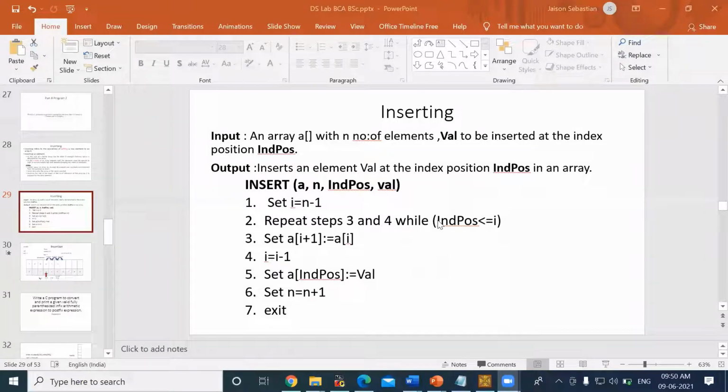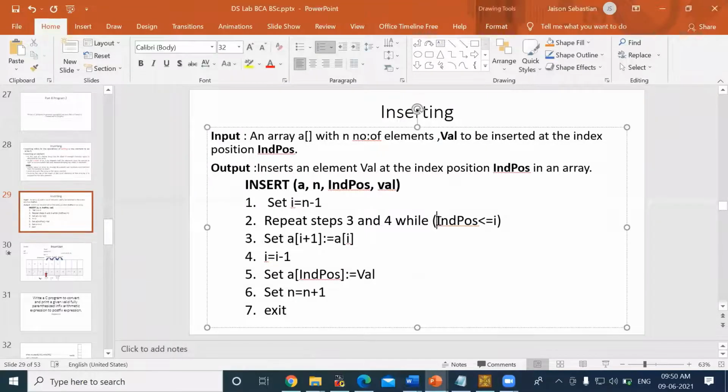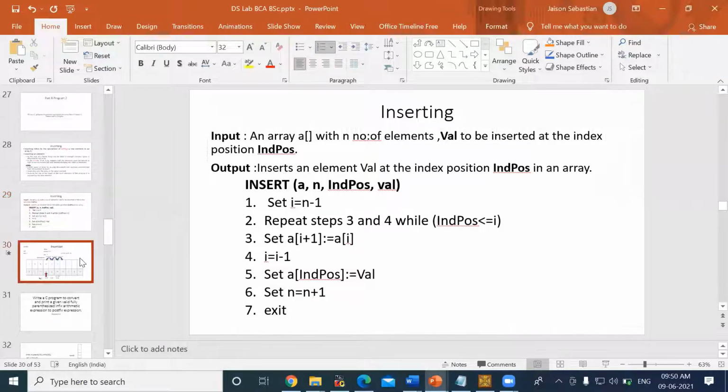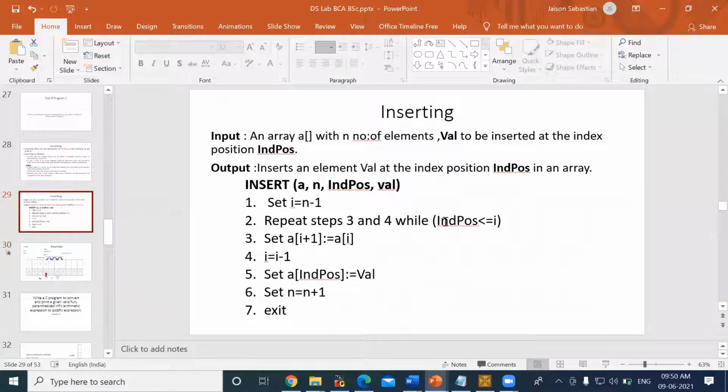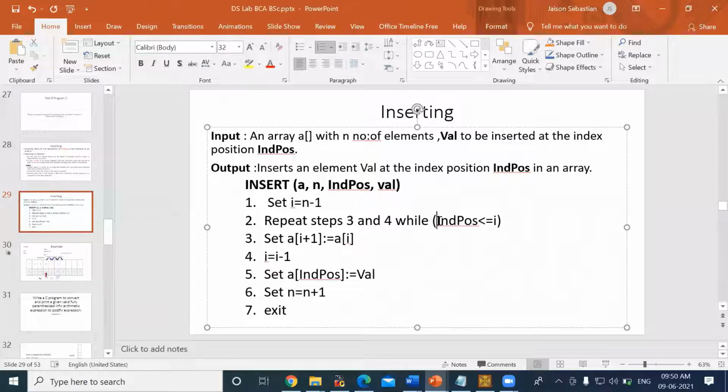Listen here. I will make one change. Here, in the animation, I implemented this by making I greater than or equal to the index position. So I will do the same thing here. I will write I first. I had written index position lesser than or equal to I. If I put I in the beginning, how should I write it? I should always be greater than or equal to, right?